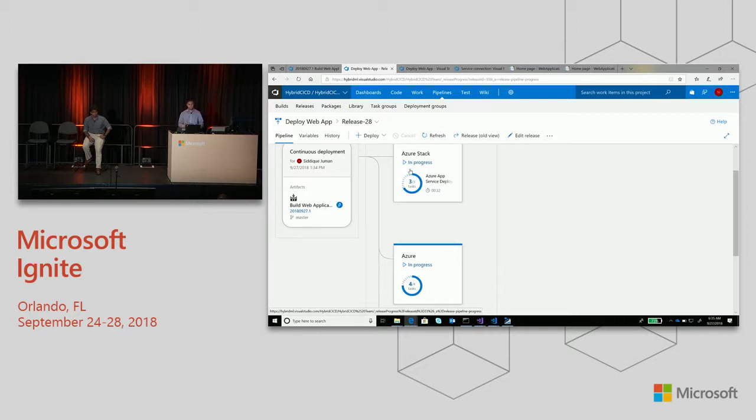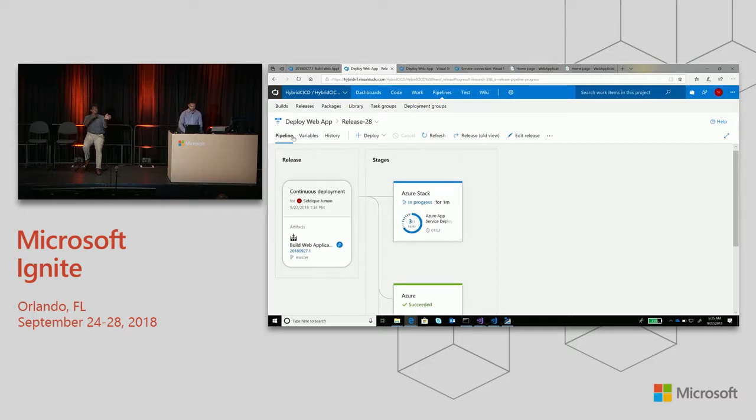As it completes the task, these will both refresh the web pages that I showed you earlier. So it will use my Azure Stack as my test environment, and it'll refresh that page, and it'll be able to use Azure as my production environment, and it'll refresh that page as well with the newly updated title. So right now it's deploying to both Azure and Azure Stack simultaneously. We can also set this to go after one or the other. You can set it so that once this environment successfully deploys and all the tests are run, then it takes it and deploys it to the other environment.